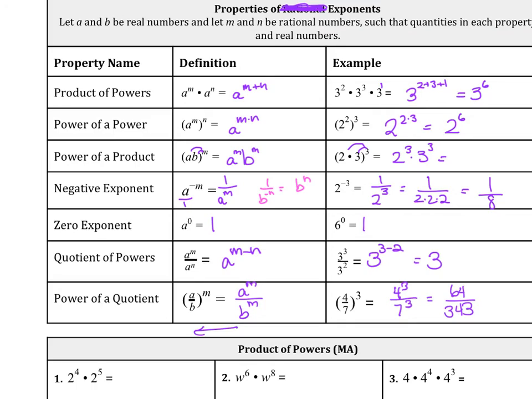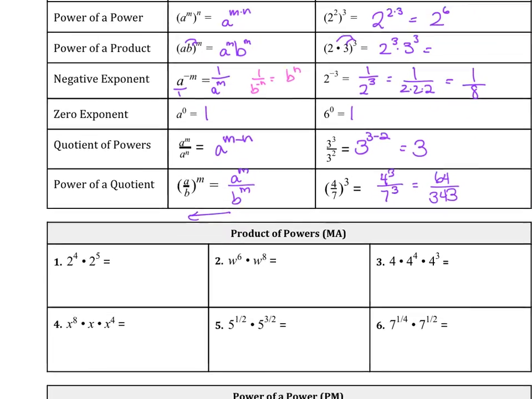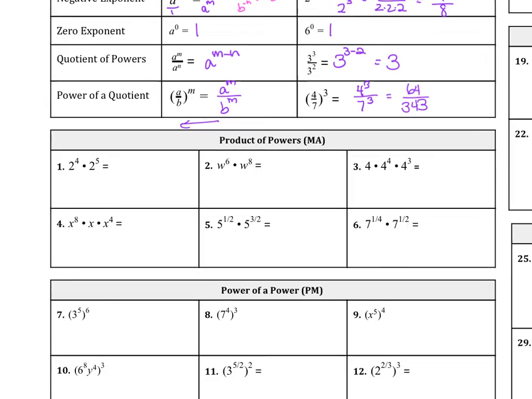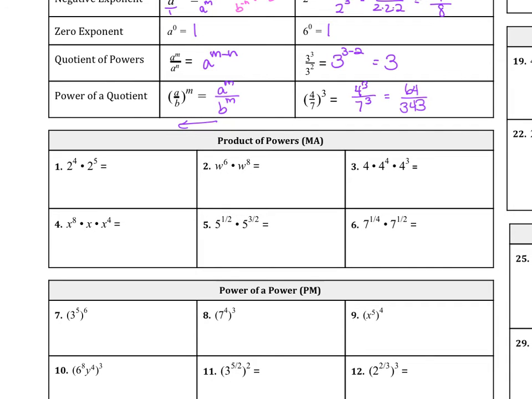Okay. So let's do a little bit of practice. Let's do product of powers. Now the first row, or maybe the first 4, are really just kind of the warm-up to what Algebra 2 is supposed to look like. So remember that our chapter is on rational exponents. So really number 5 and 6 is really what we need to be able to do. 1, 2, 3, and 4, those are okay, but it's just like the basics of what we need to understand